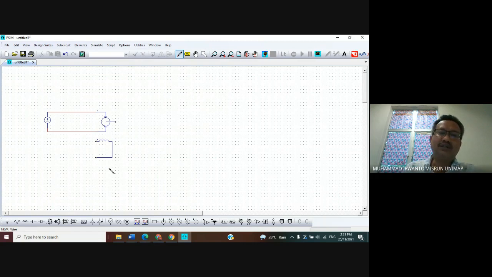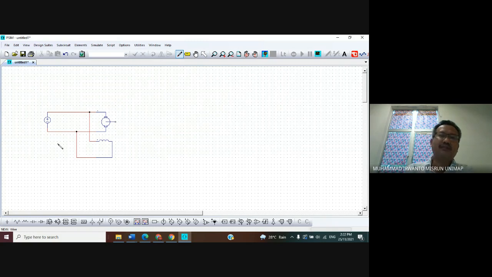Okay, and from here it is what we can call a separately excited system. We can see here the field winding, field inductance. This field inductance should be connected in parallel to the machine here, the armature. So please connect in parallel, like this, and also here.